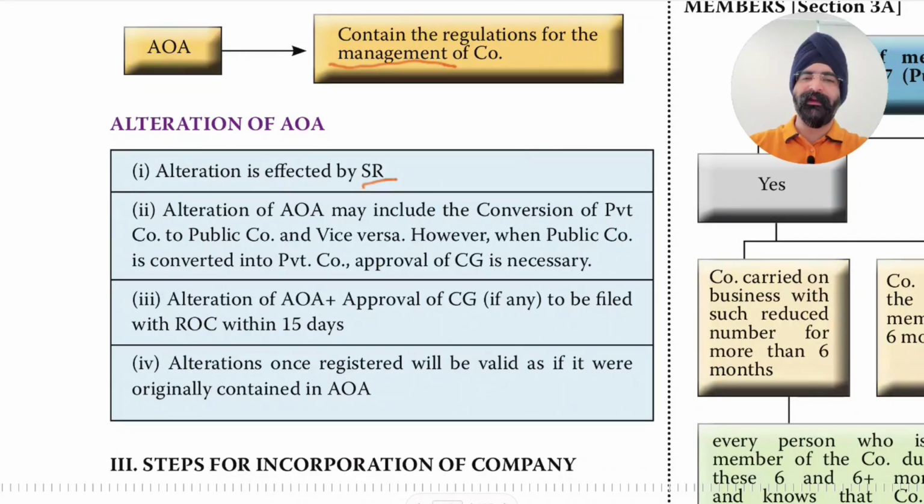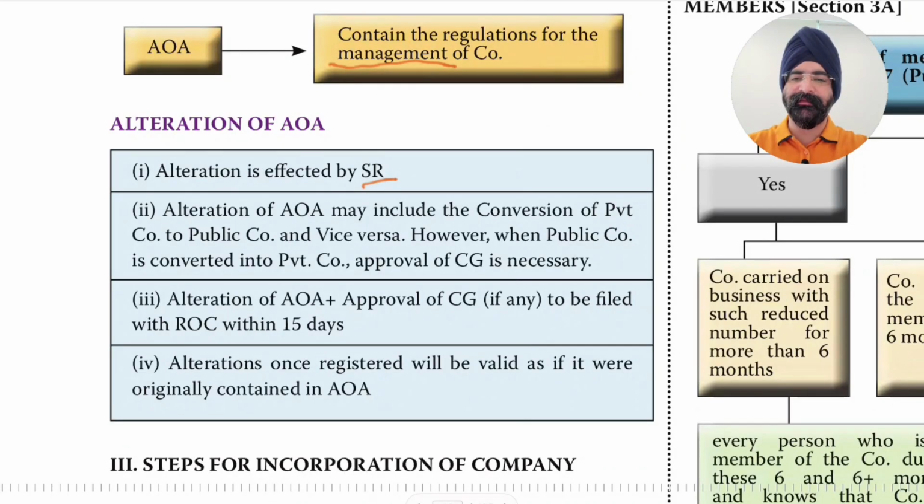Okay, so if we transition a company from private company to public company, in this direction things are okay. If we want to revert back, to convert a public company to a private company, then approval of the central government is necessary. Alteration of articles plus approval of the central government is to be filed with the registrar within 15 days. Okay, so once we obtain the approval, then we will file it with